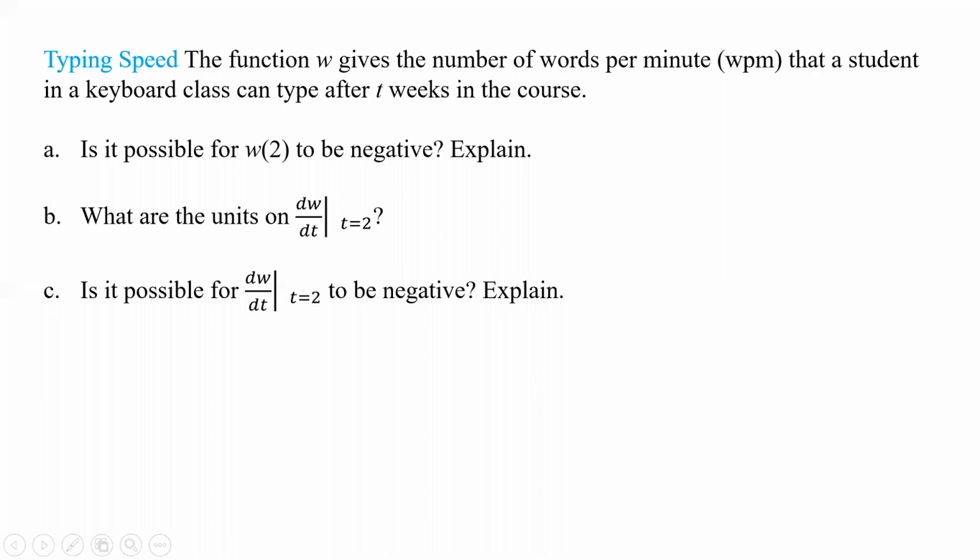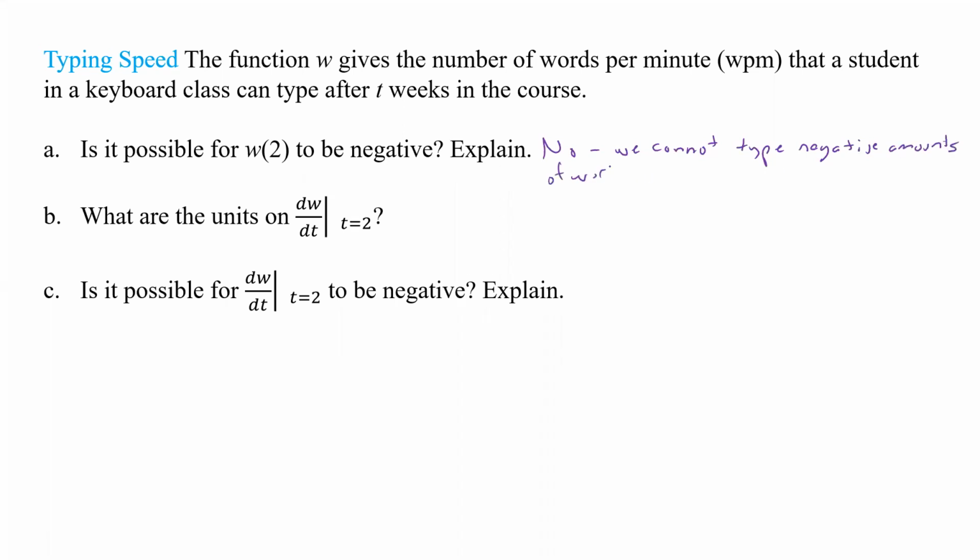All right, so we're back for some more examples. And so now we're doing typing speed. It says the function W gives the number of words per minute, WPM, that a student in a keyboard class can type after T weeks in the course. Now, is it possible for W to be negative? Can we type negative numbers of words? No, it's not possible. No, we cannot type negative amounts